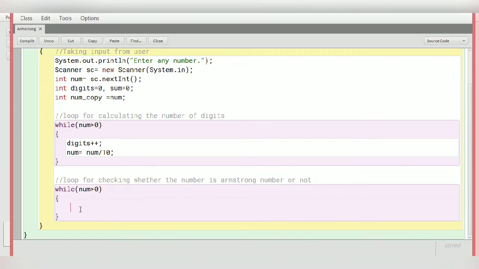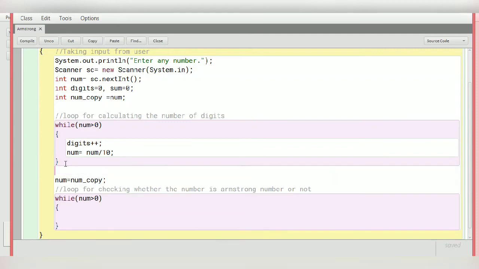Okay, so see here, I have already used my number, so my number value has been changed, and if I am going to take this again, there will be a problem. So let us first get the number value back, and we have copied it into number copy. So again we are going to copy that into num, I am ensuring that the same number is available to me for the next step. So number copy. What I have done is, from the copy which I have created, I have again copied into my new variable.